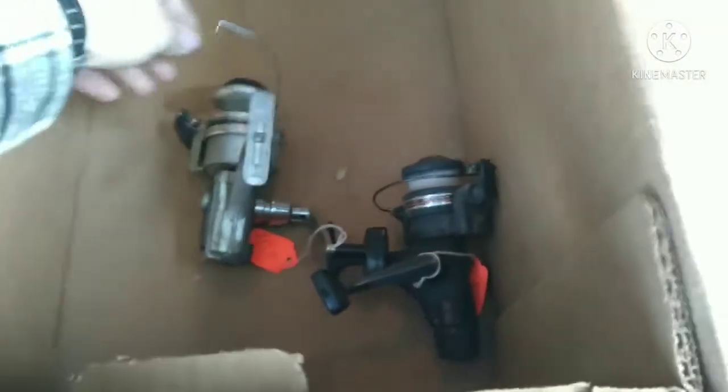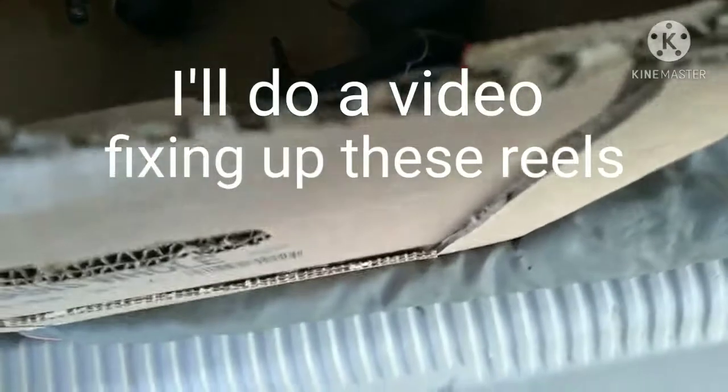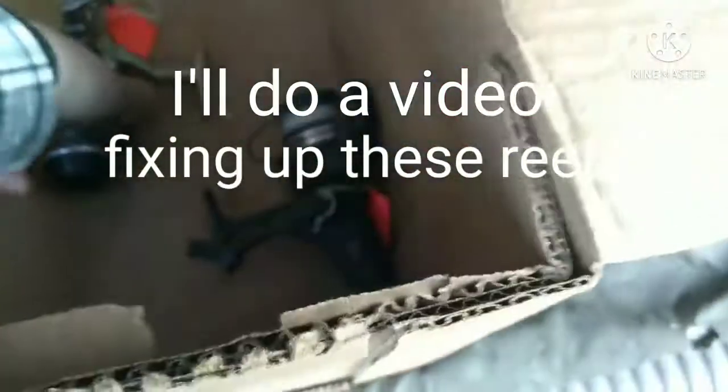And then these reels, kind of vintage, and they're $5 a piece. And this one is broken, and now I see why it was $5 a piece. But that's what YouTube's for, right? To learn how to fix this stuff yourself. No, I think it just fits back in there. But yeah. Anyway, so